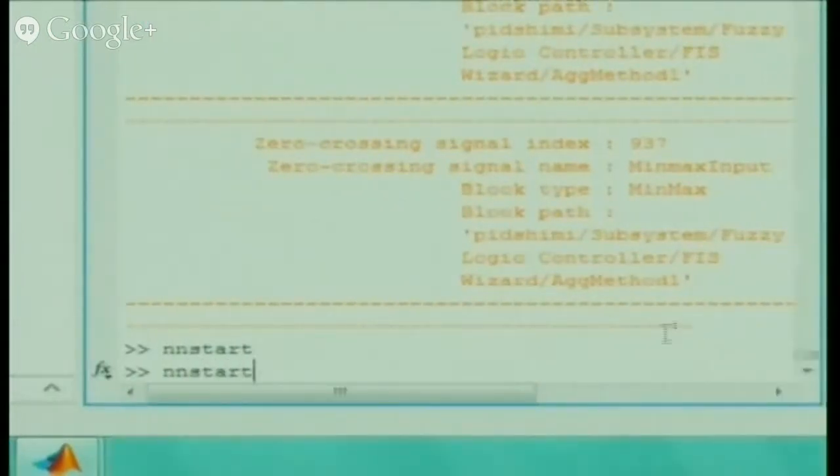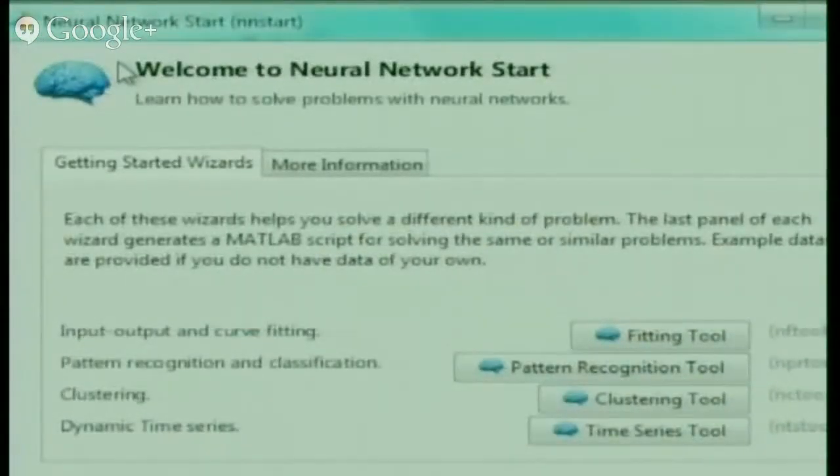Here, you have to just write NN start. There, you would have written NN tool. In the morning session, you did NN tool, I think. Here, you have to do NN start. In NN start, the NN tool is also inbuilt. The system itself will identify and define all the inputs. There you have to go and give the inputs. Here you can give them in a different form, which is more user friendly.